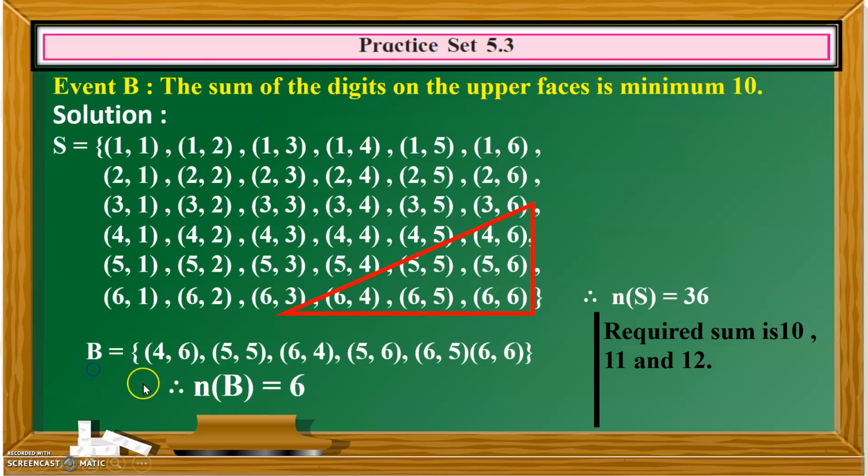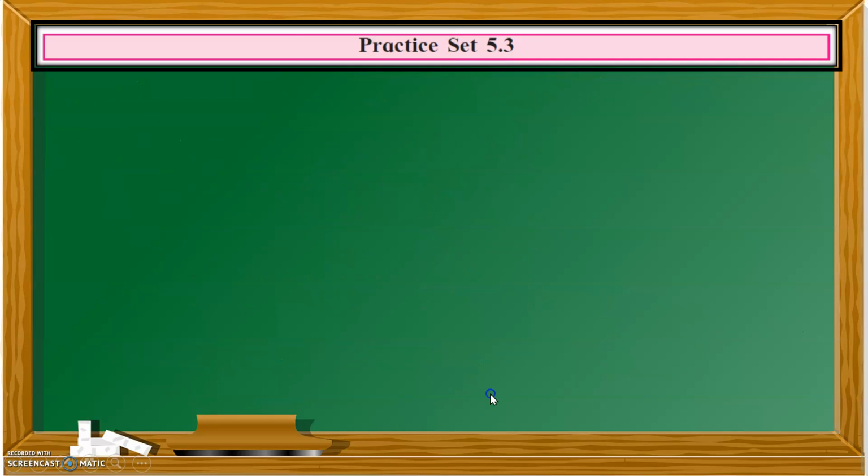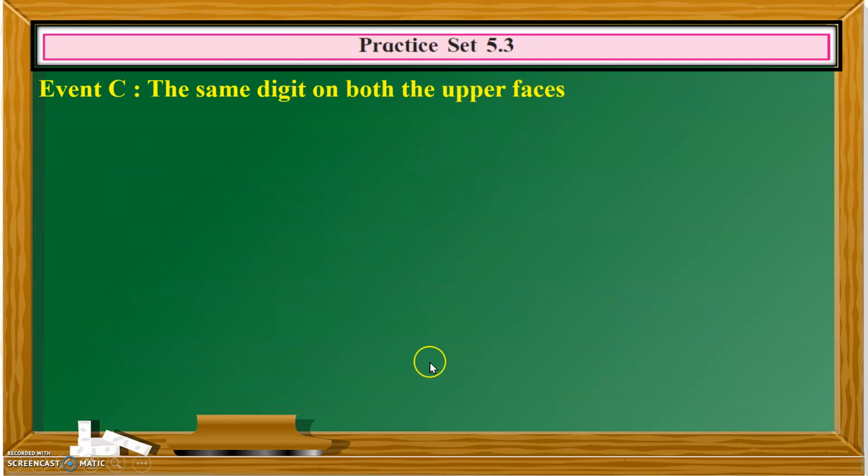Clear? Now we will write event B. 4, 6, 5, 5, 6, 4, 5, 6, 6, 5 and 6, 6. You count, you will get n of B will be 6. Hope this is clear. We go to the next event which says the sum, the same digit on both the